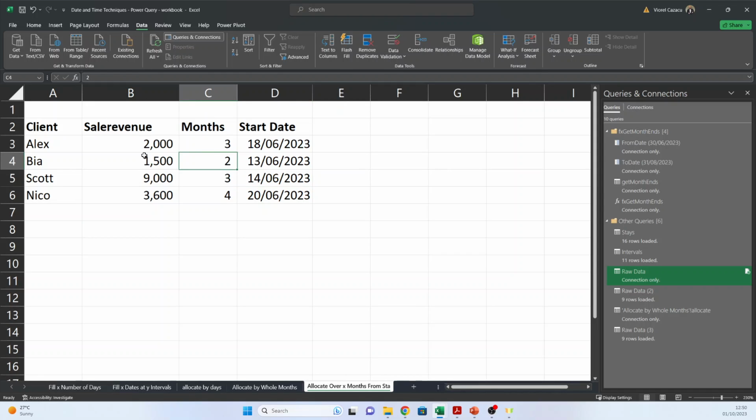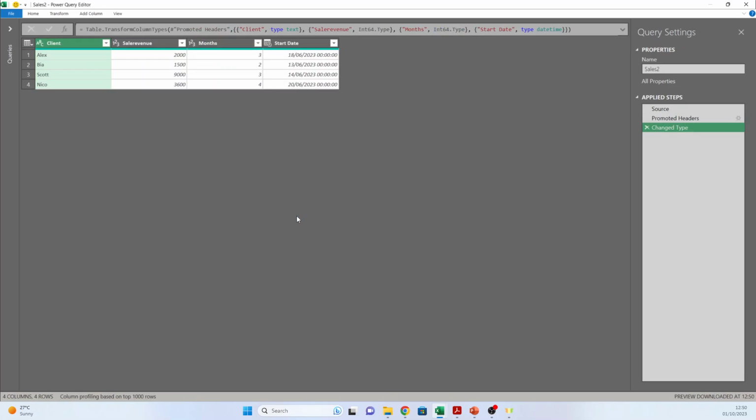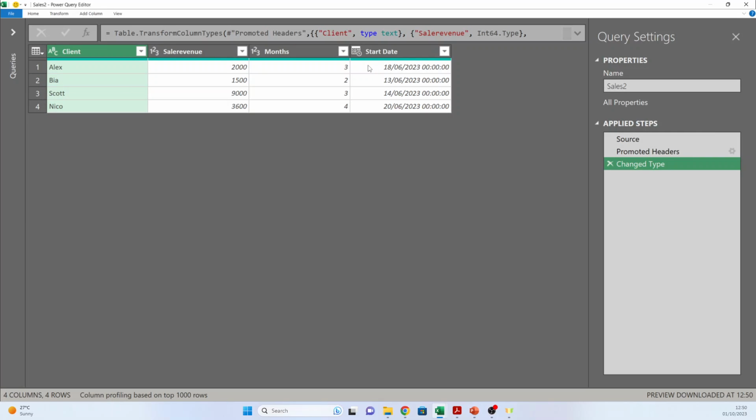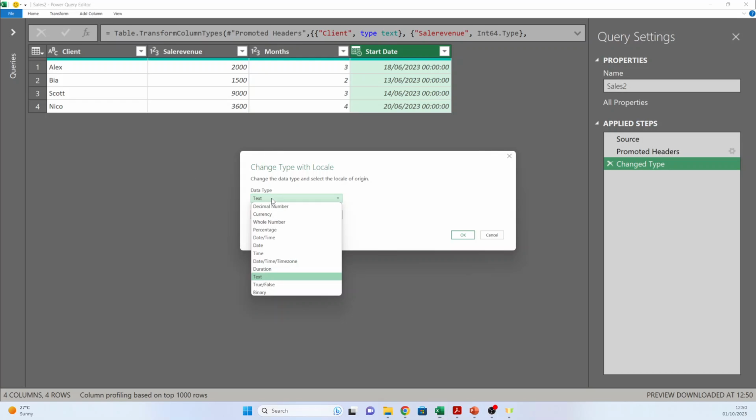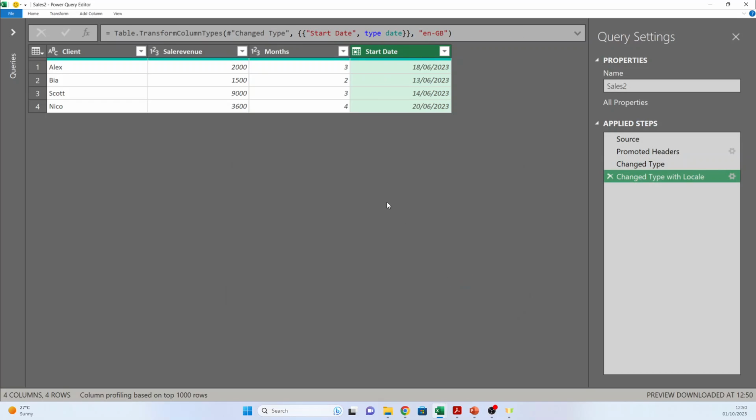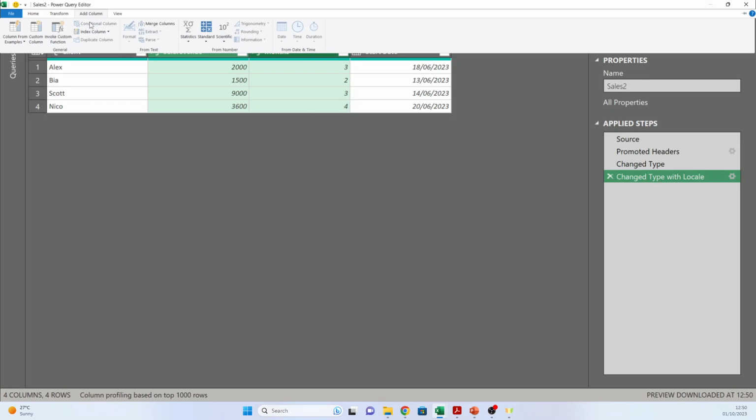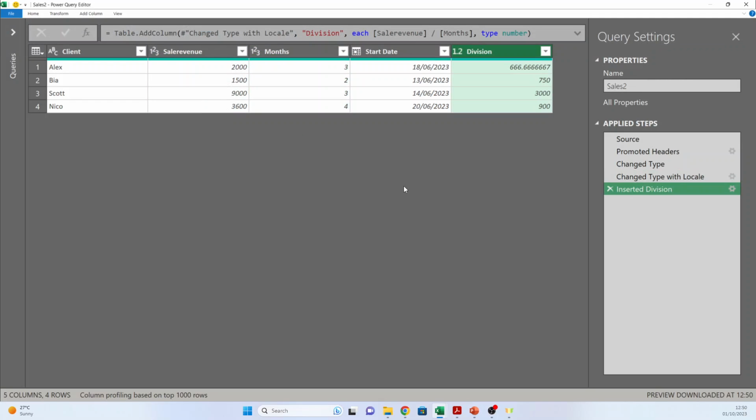Let's get started. We select the table data from table range. Okay, make it bigger. Let's just assure that the date is correct using locale. It's date United Kingdom. Okay, and now what we want to do is to divide the sales revenue by the number of months. So we select the sales revenue and months, and we go to add column, standard, and divide, and we have the amounts here. Let's call it